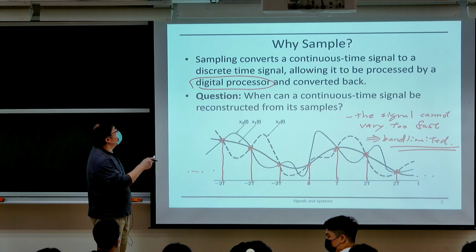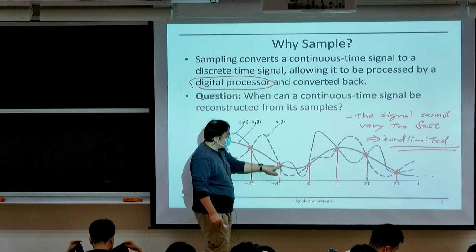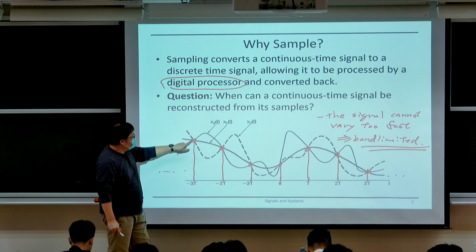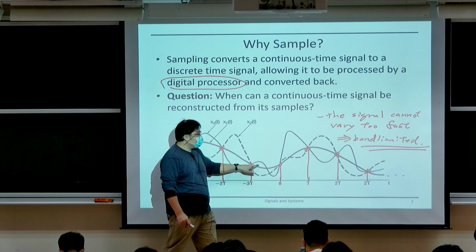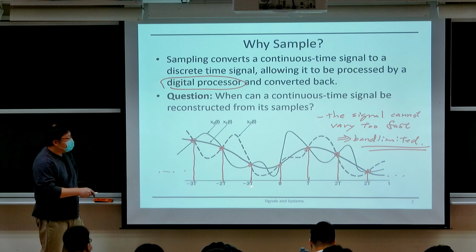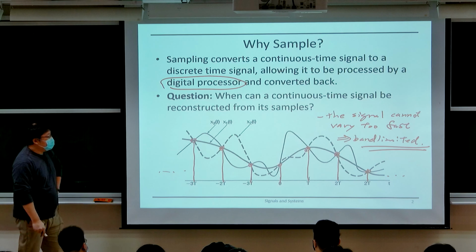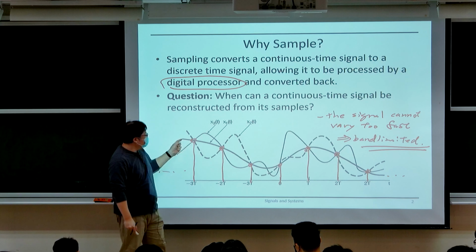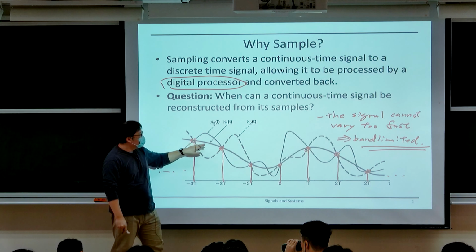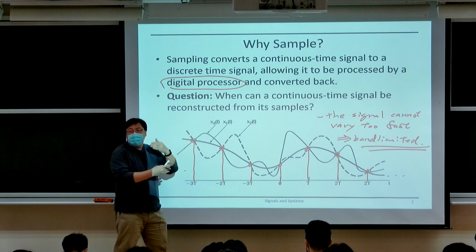Like I mentioned, sampling is to convert a continuous time signal to discrete time signals. So for example, suppose you start out with this continuous time signal here. To perform sampling on this signal, it means that you would be taking values of this signal at discrete time instants, and these discrete time instants are often equally spaced by some period, let's say capital T. The key idea here is to take these samples from the continuous time signal and then process these discrete time samples,